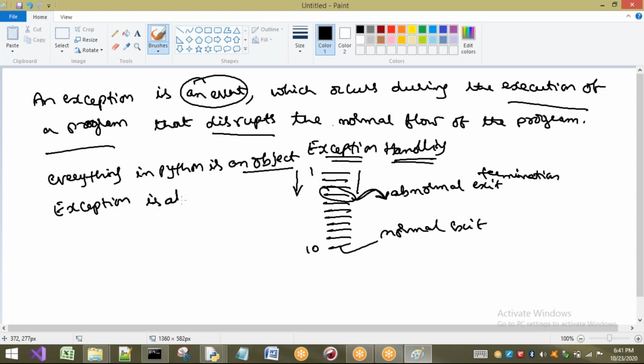You may not know the details about objects, but don't worry, I will give a brief introduction. Later, when we go to object oriented programming, you can understand what is meant by an object.